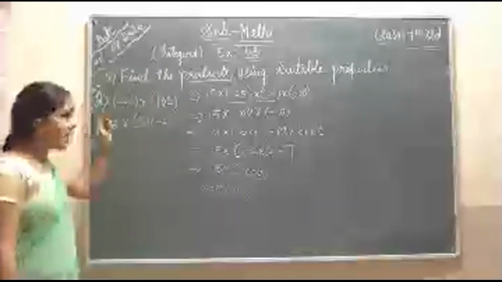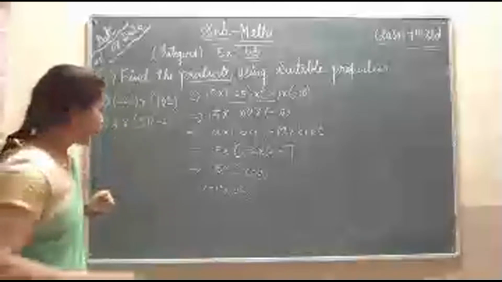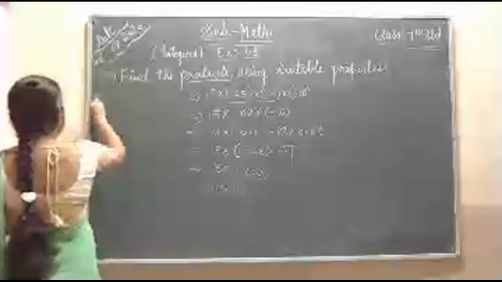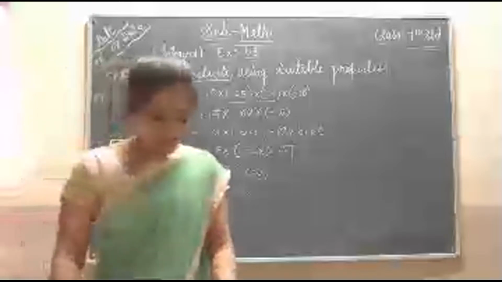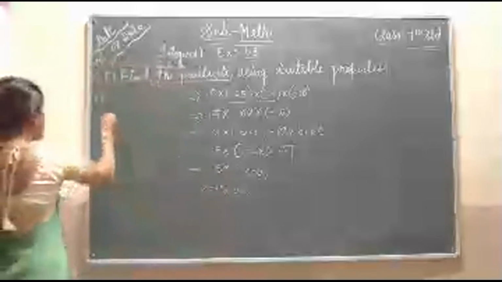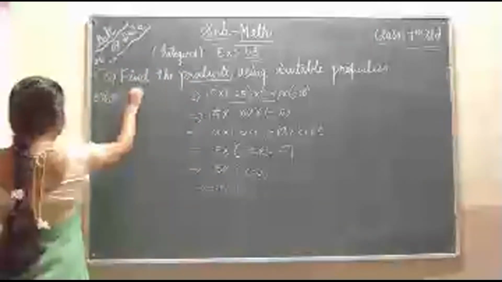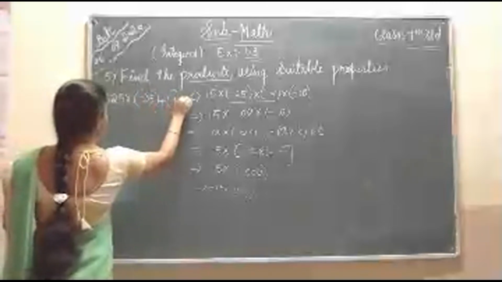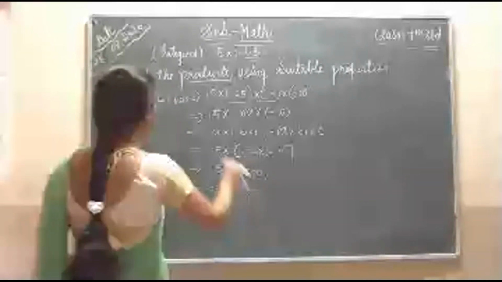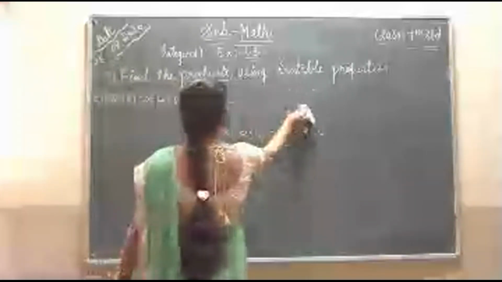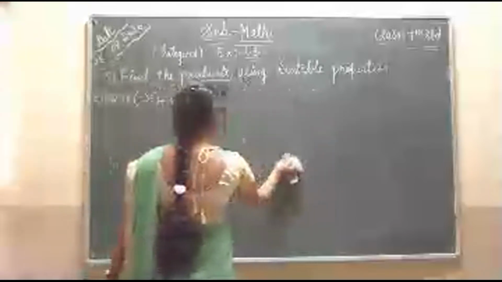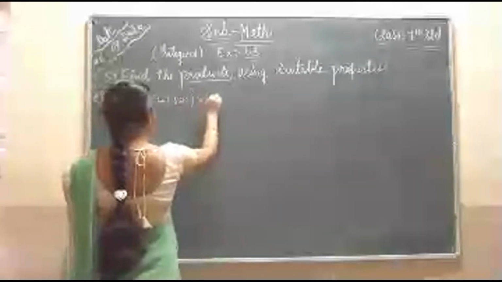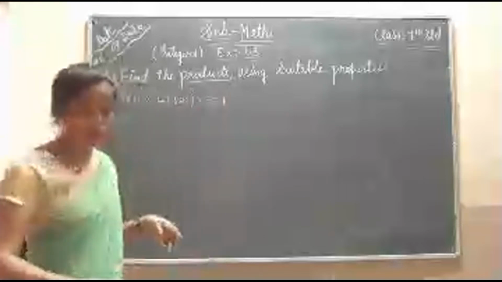D is homework, E I will explain, and F is homework. Okay. E question: 625 into minus 35 plus minus 625 into minus 65. This is also the distributive property